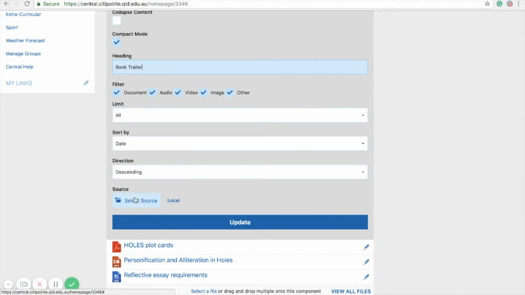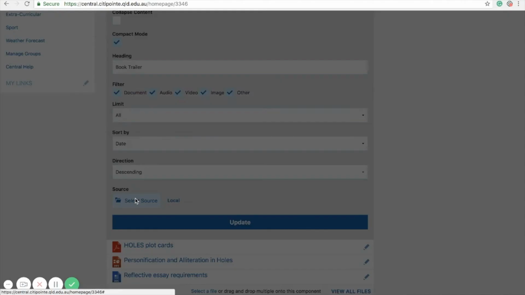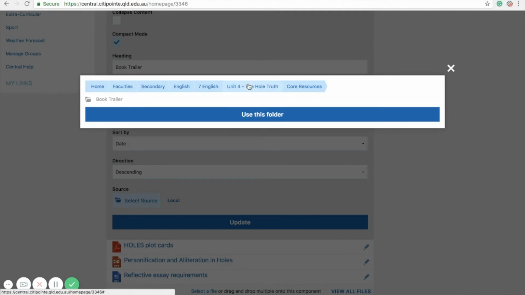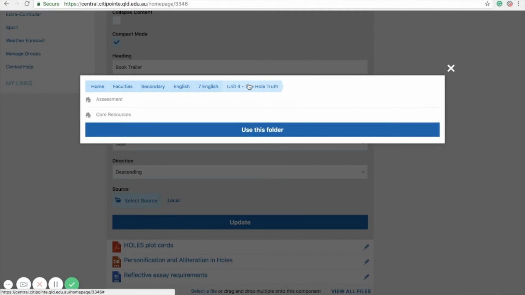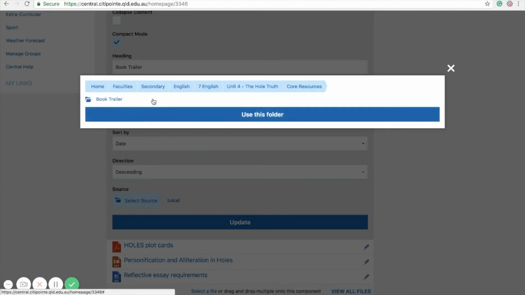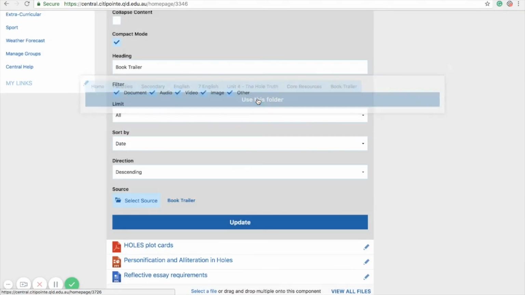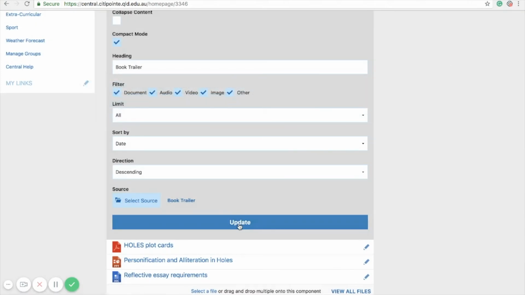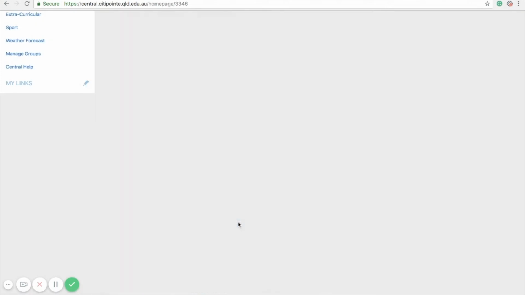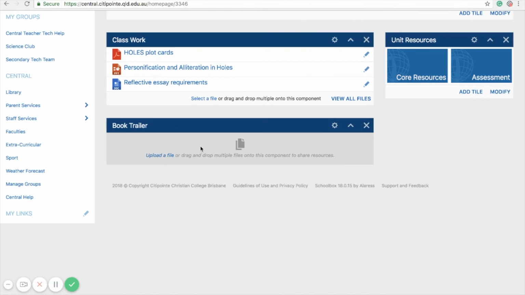Now down here where it says select source, I'm going to change it. The other one can stay as local, but this one I'm going to link to the folder I created. So I'm going to go select source, and I'm going to link it to my Unit 4 core resources book trailer folder, and I'm going to go use this folder. Now I'm going to go update,